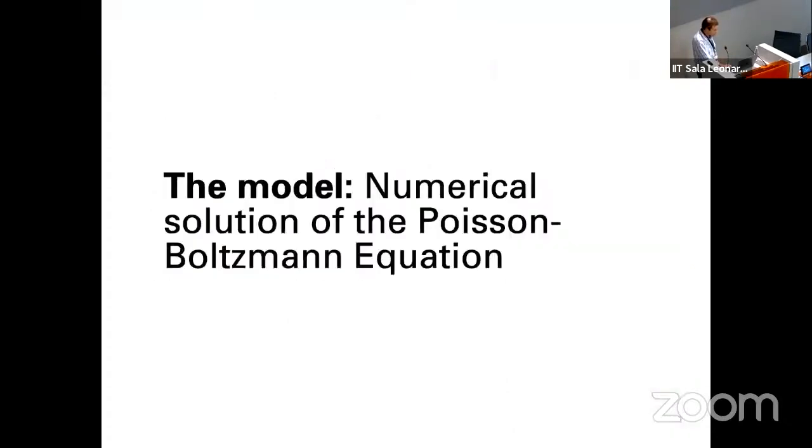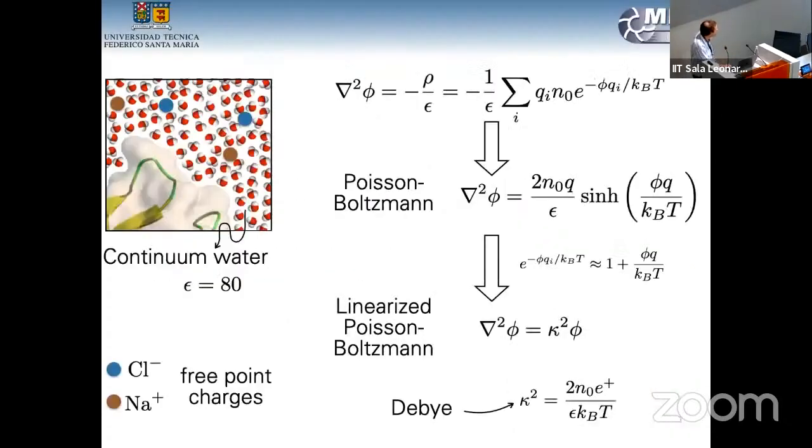So what we're looking at here is the Poisson-Boltzmann equation, of course, that starts from just doing classic electrostatics on a continuum medium where the point charges are the ions that can move around, and if you use Boltzmann statistics, you get this equation here, which is nonlinear, and then if you linearize for low charges, you get a linearized version. We're going to focus on the linearized version for most of the presentation. Towards the end, I'll come back to the previous one, which actually aligns a little bit with what Antonio was